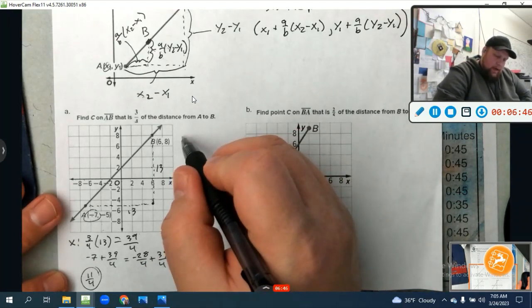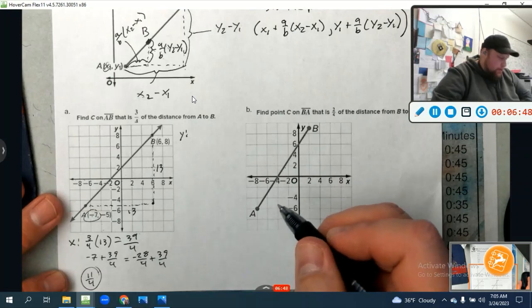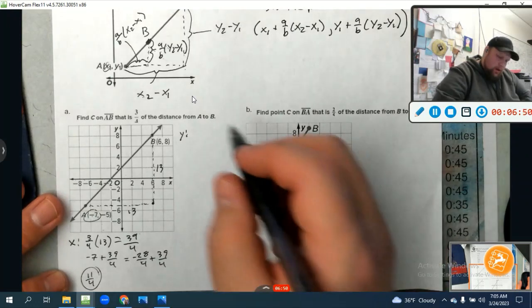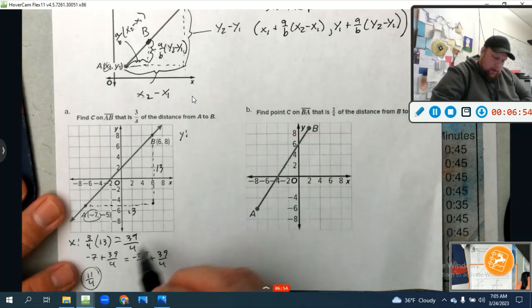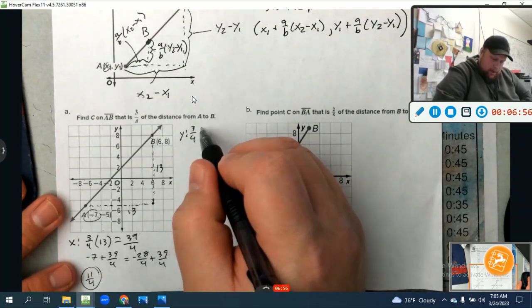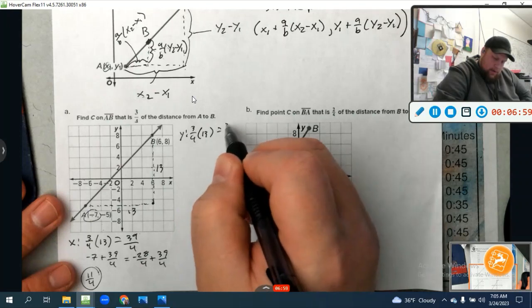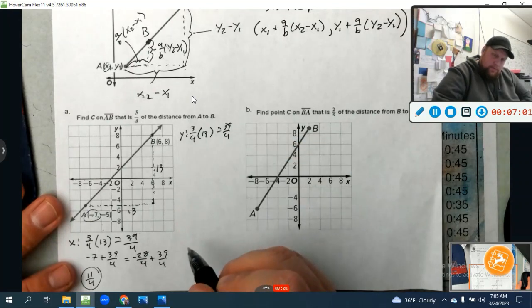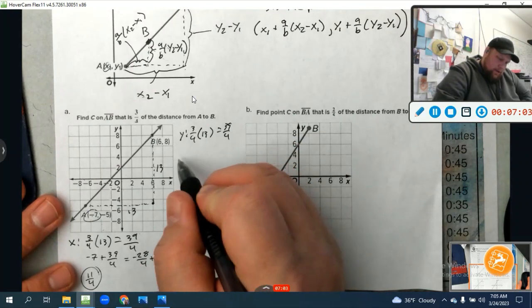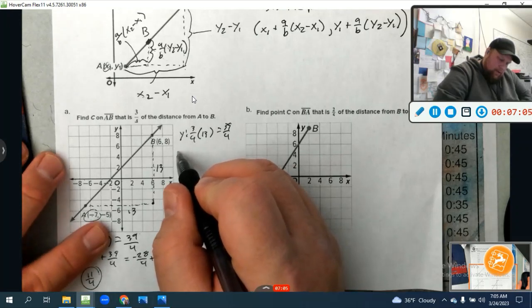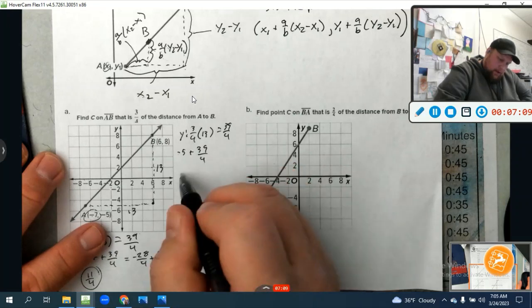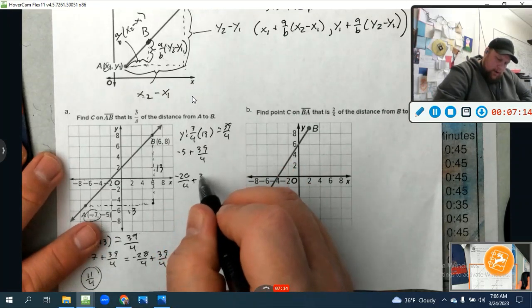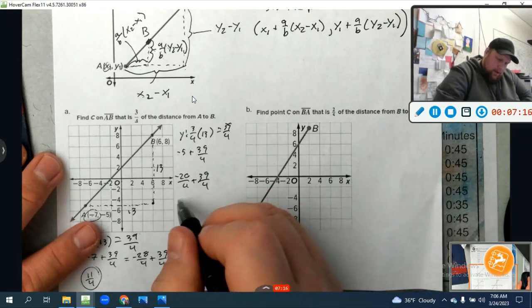Now for our y, we'll just do it up here because I have some room up here, why not? Our y is going to end up being same thing, right? 3/4 times 13 equals 39/4. And so let's add that for the y value of -5. So -5 plus 39/4 is really going to equal, what is that as fourths? 20? So -20/4 plus 39/4. That equals